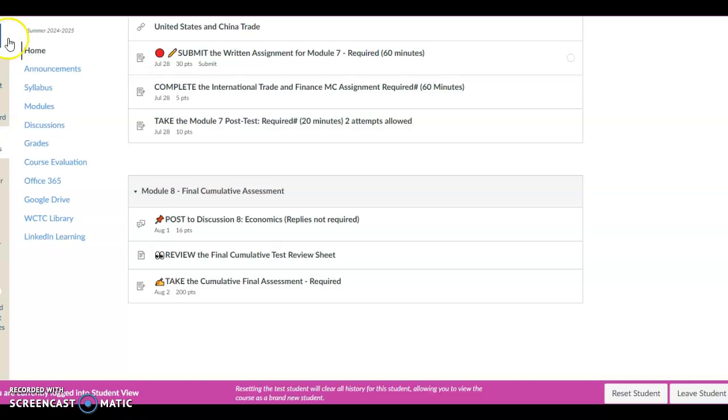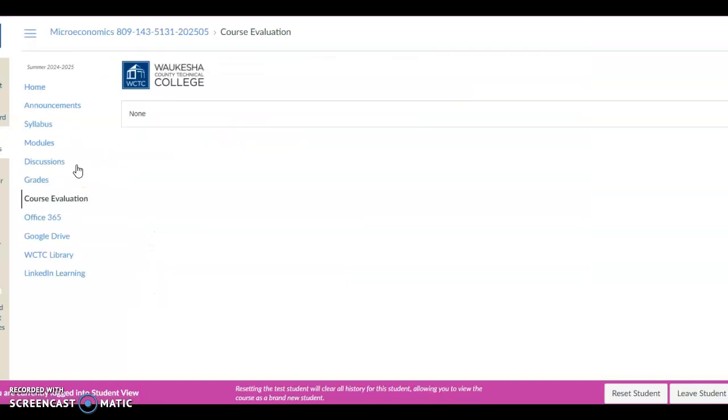First thing that you want to do here, and this is open now, click on Canvas, your course evaluation. Of course, as I'm loading it up with my student view, it's not going to be visible on my end, however, the course evaluation is there. If you click on it, you can complete the course evaluations. The course evaluations have been officially opened up for you to engage and click and submit them.